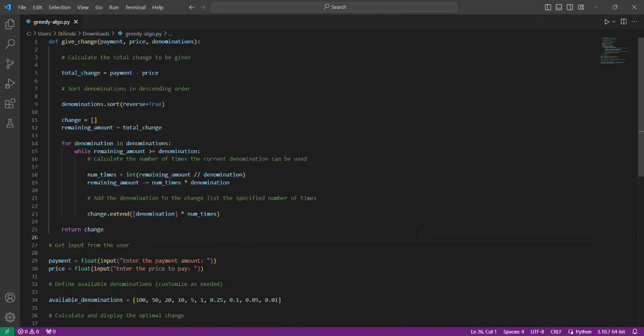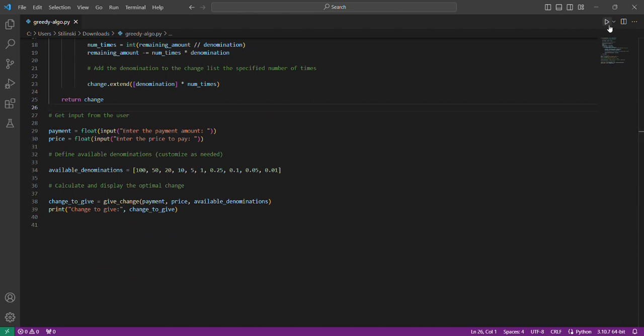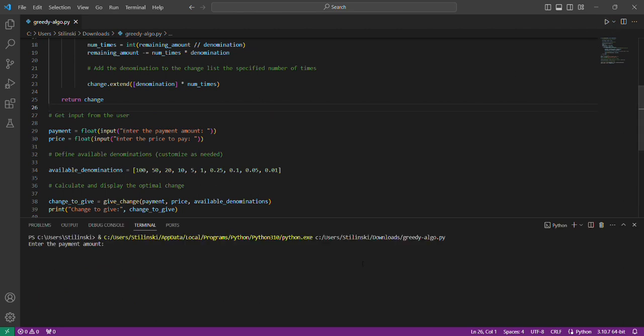To run this code, the guide we are given is an example of a 2000 payment. The user is asked for the payment, 2000, and enters the price to pay, 1724.75.